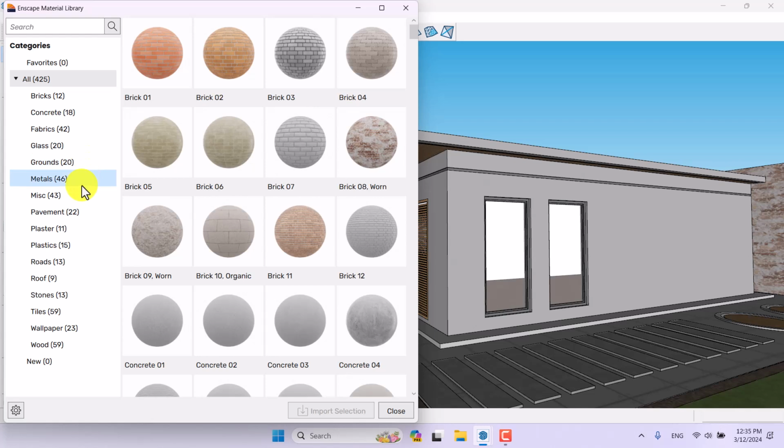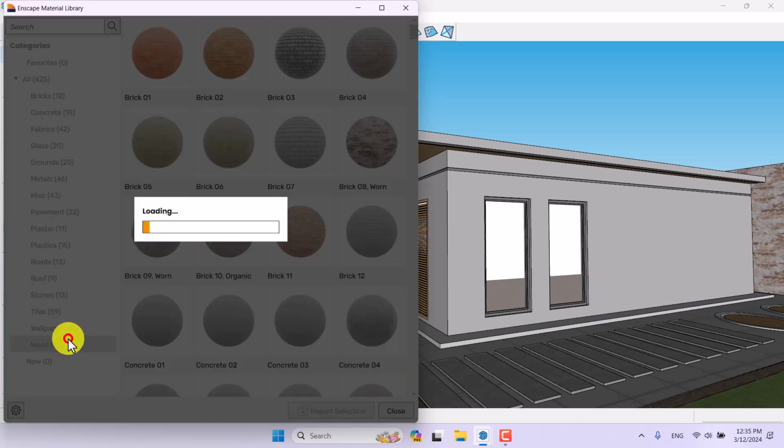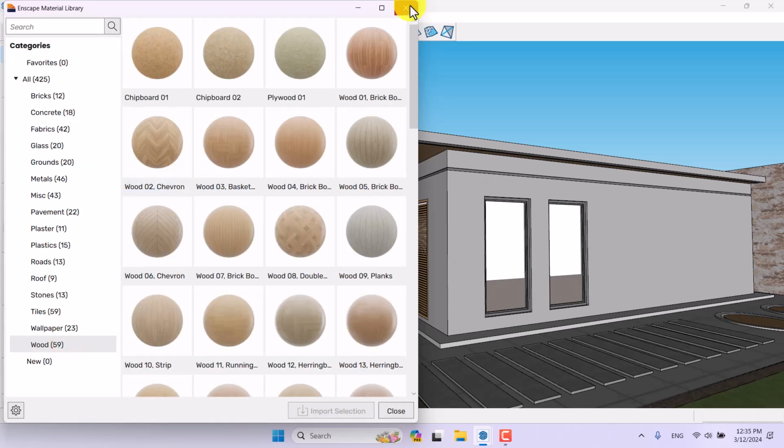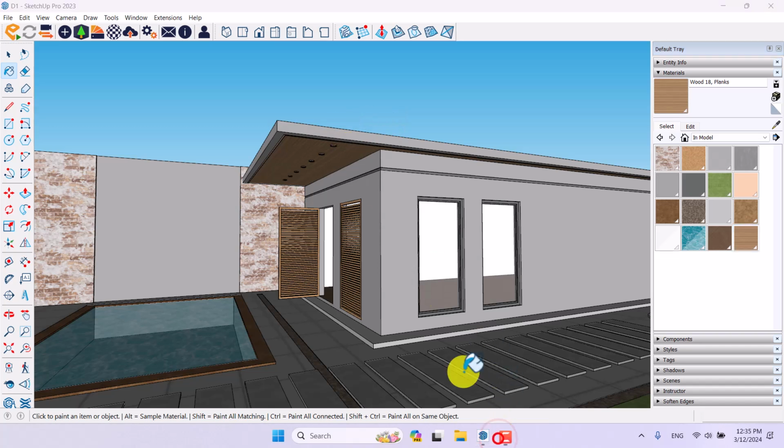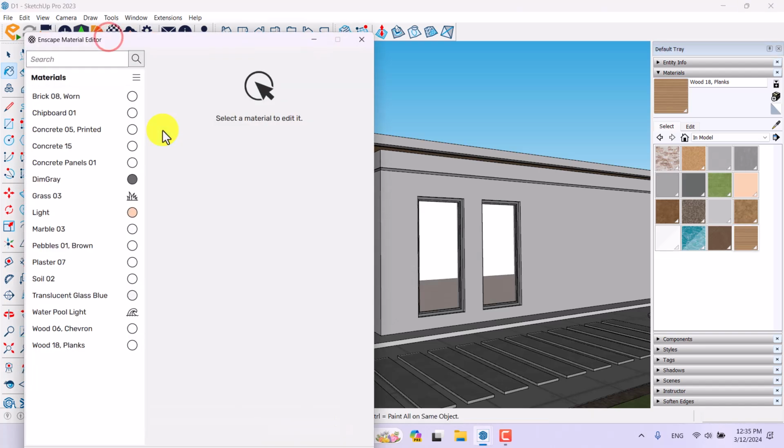Next item is the Enscape material library. You can turn it on and you have bricks, concrete, fabrics, glass, grounds, metal, and then the wood. For example, like this. And if you click on one of them and click on the import selection, you can add it to your SketchUp Paint bucket in here. In the in-model materials, I did all of these materials before this tutorial, so you can do it on your own. I'm going to click on the Enscape material editor, and now when you click on one of these materials,